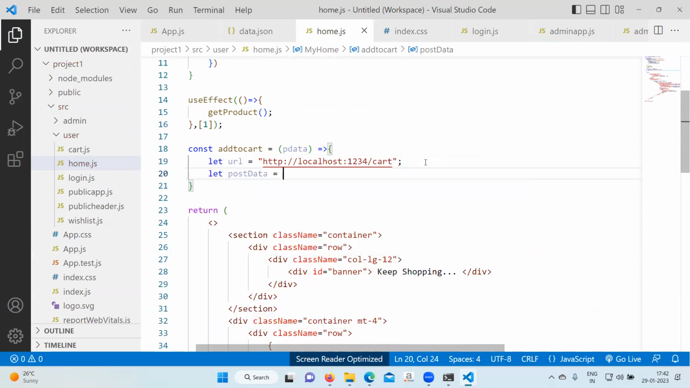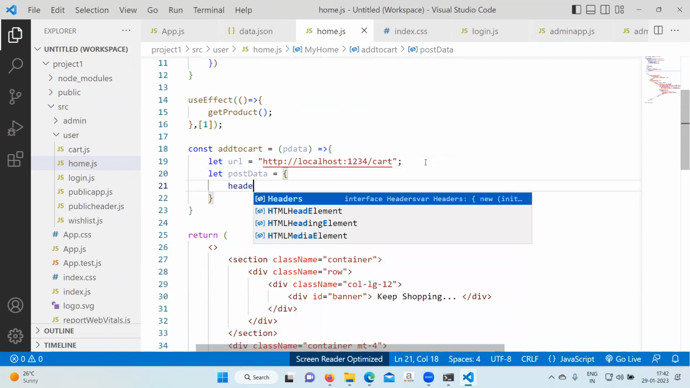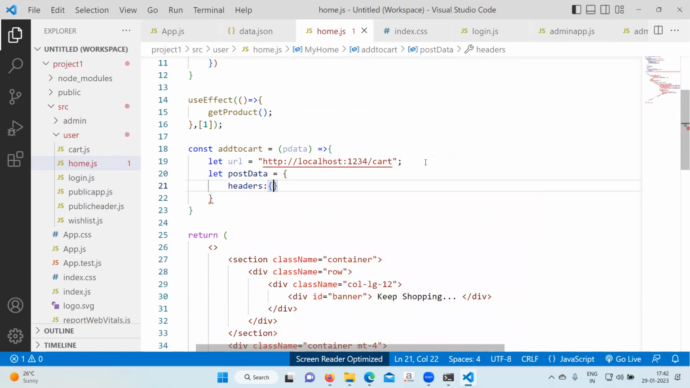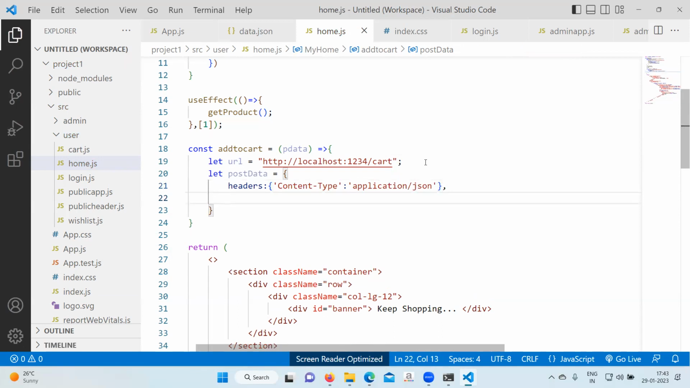Post data equal to headers. Headers colon content hyphen type colon application slash JSON. Next, after that,